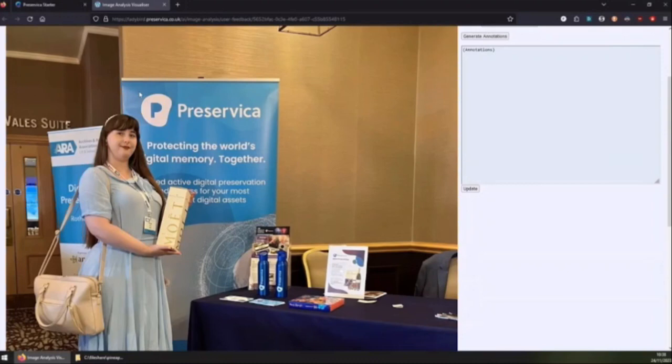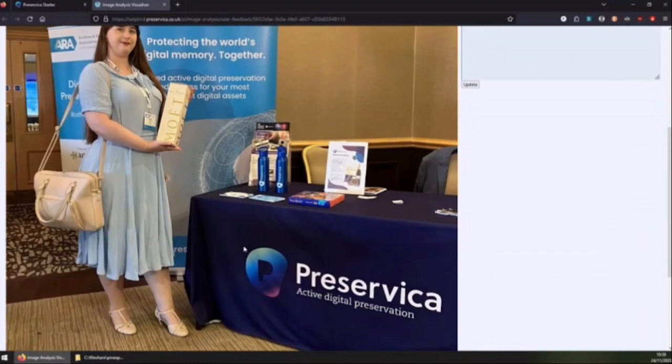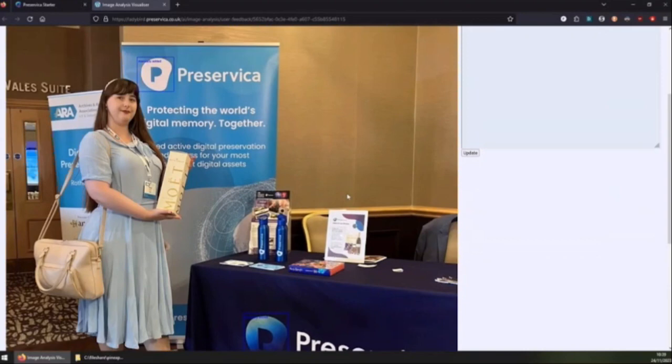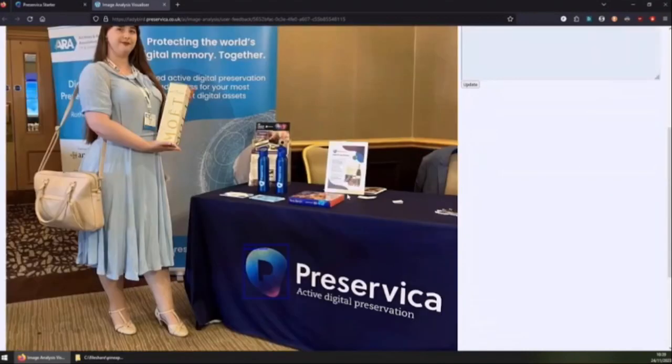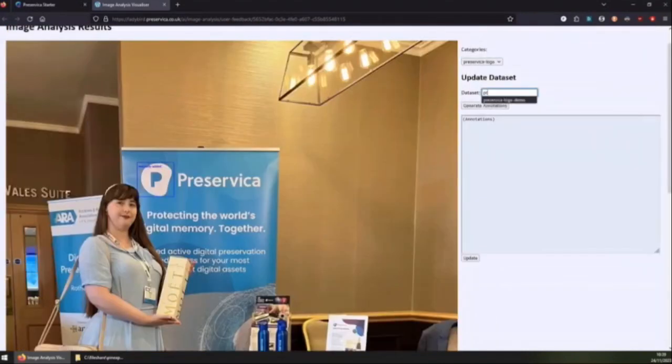So what we can do is start to update these results. We can clear all of the boxes that it had labeled before as being logos, and we can draw our boxes around where we think the logos actually are. I'm going to ignore the two very small ones on the bottles and the very small one on that poster. And I'm going to update our data set.